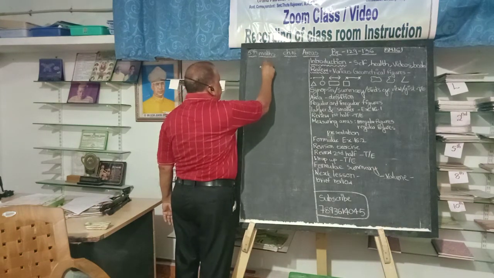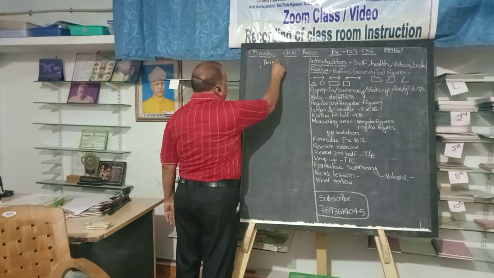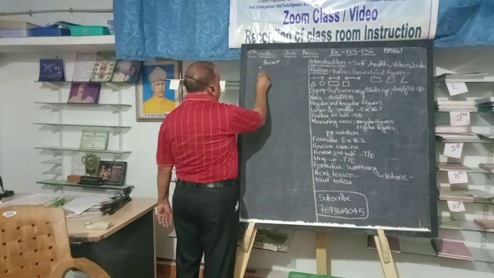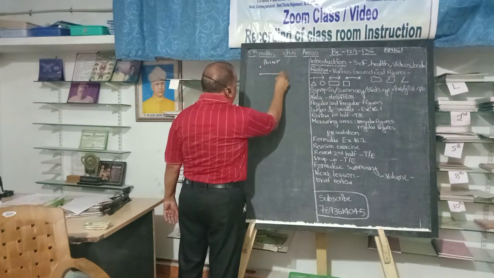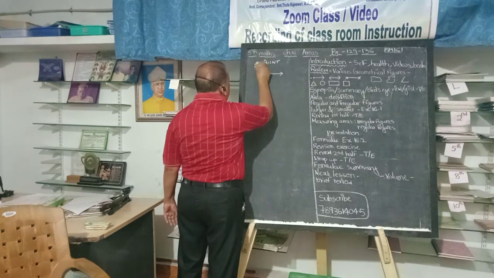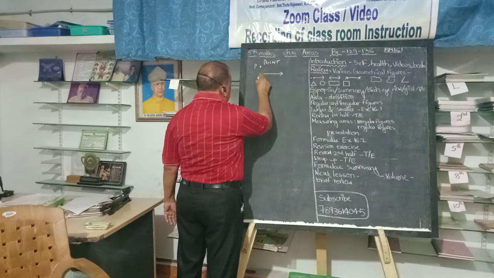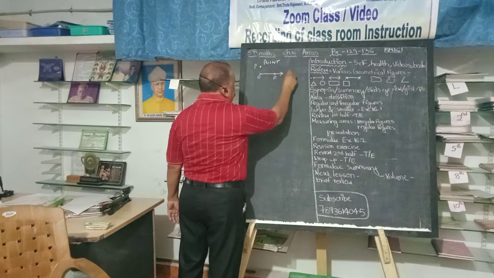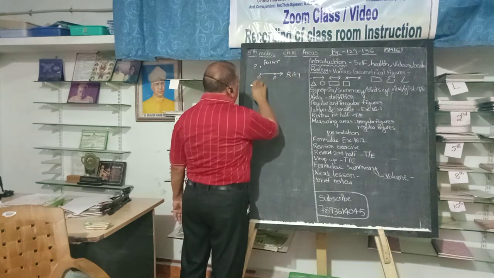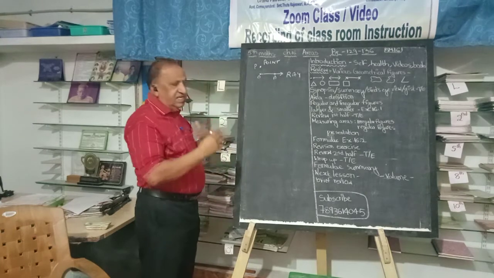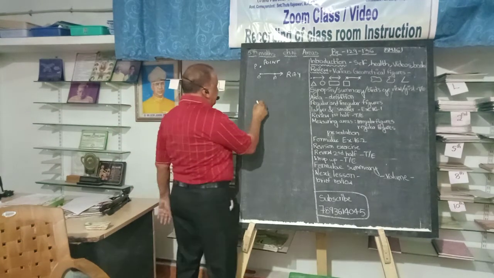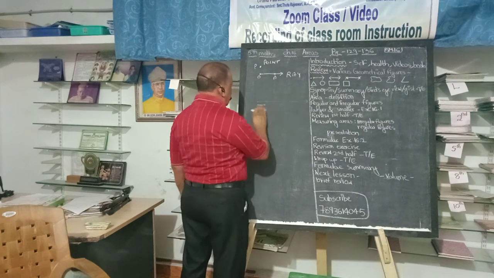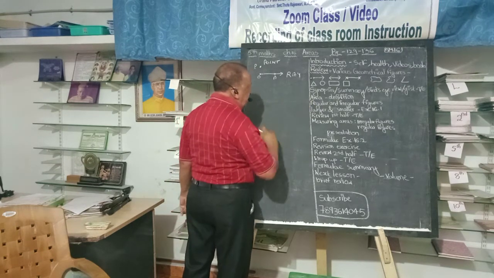This is called a point. A point does not have any dimensions, no end point, nothing like that. Whereas when you have a ray, this is a ray, a point is represented say A, B or P or whatever. This is O, this is A, OA, and this is a ray. A ray has only one end point, but it doesn't have any length. So somebody may draw the ray all the way here. Somebody may draw the ray only up to here. So a ray does not have any length.